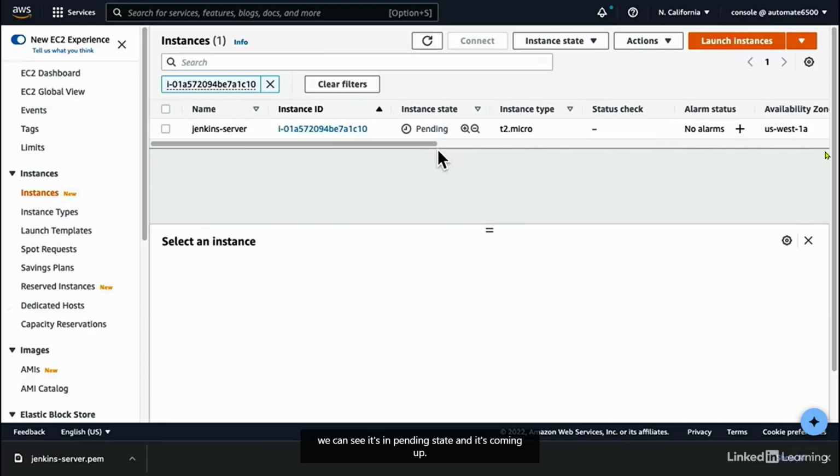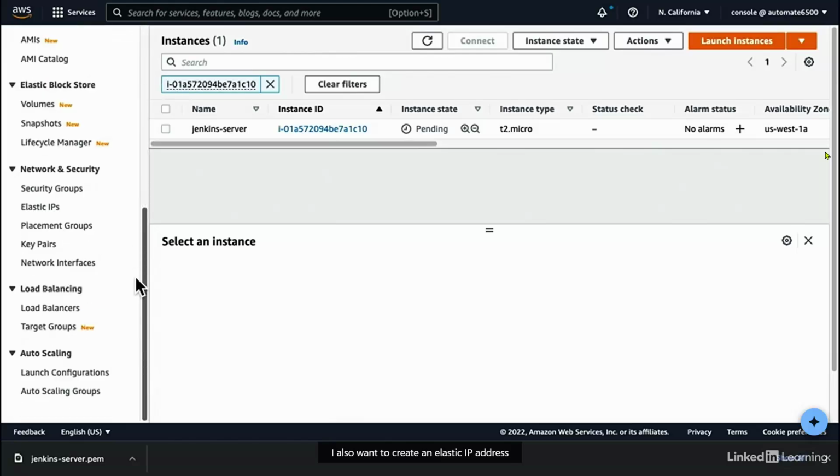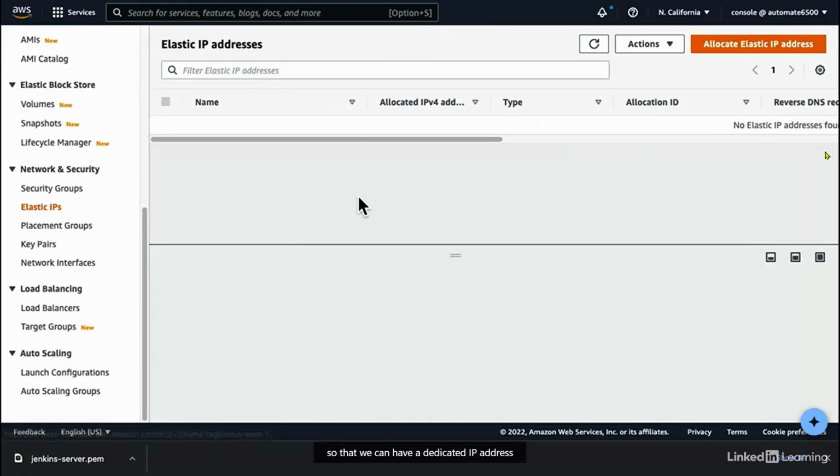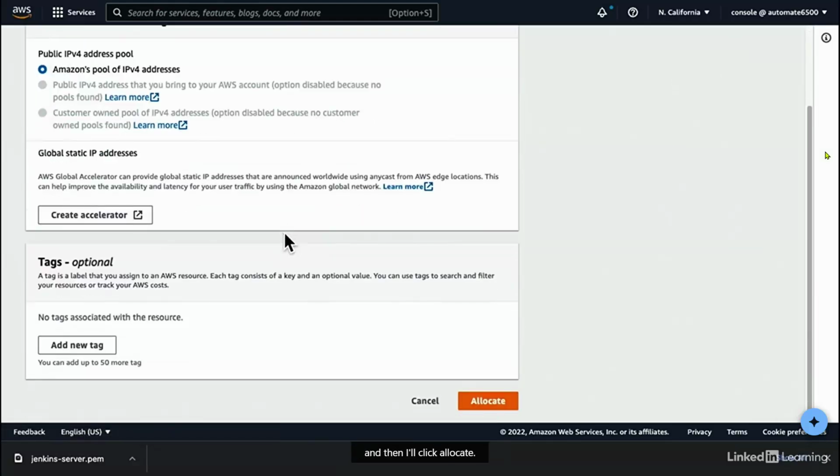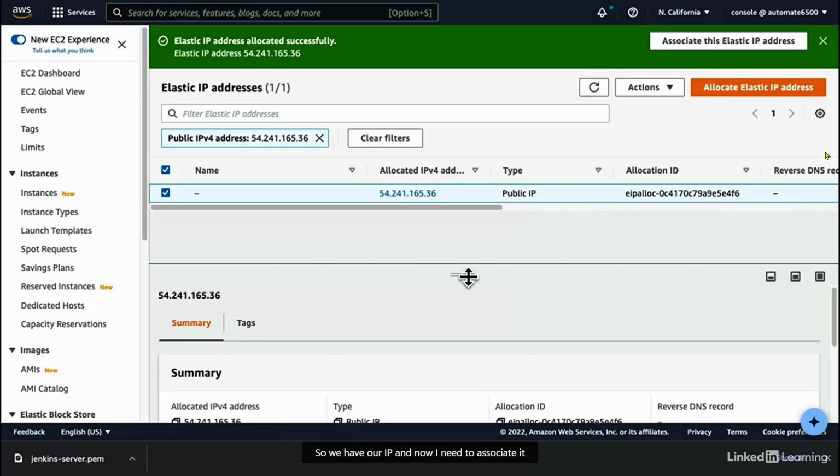While that is launching, I also want to create an Elastic IP address so that we can have a dedicated IP address for the server throughout the course. That way, if I stop the instance or have to reboot it, I won't risk losing the IP address that I currently have. So I'll go here to Elastic IPs and click Allocate Elastic IP Address, and then I'll click Allocate. So we have our IP, and now I need to associate it with the instance that I want to give it to. So I'll click this button here,